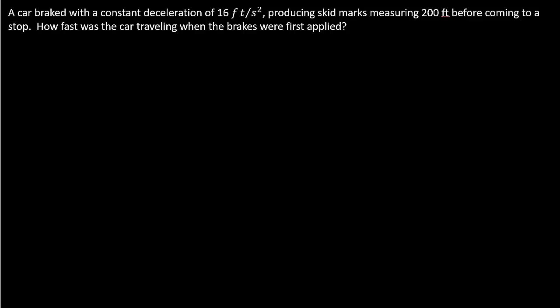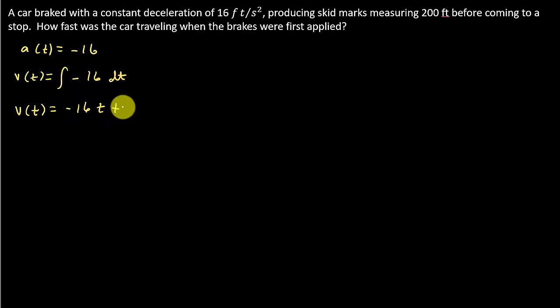All right, so let's set up what we know. We're going to have to get to a position function. So we know that the acceleration, a of t, is negative 16 feet per second squared. They give us that right there. And if we have this, well, my velocity is the integral of the acceleration function. So my velocity is negative 16t